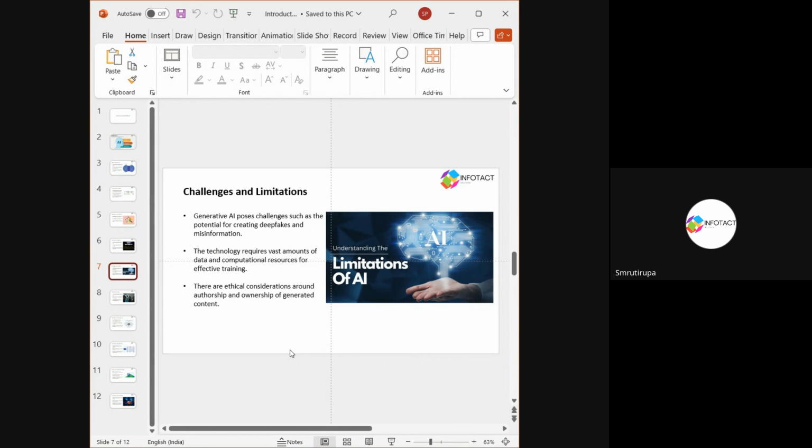AI inherits bias from training data. For example, if I'm making an AI on politics and I give only the data of one party, it will be biased toward that party, right? It will say that no,